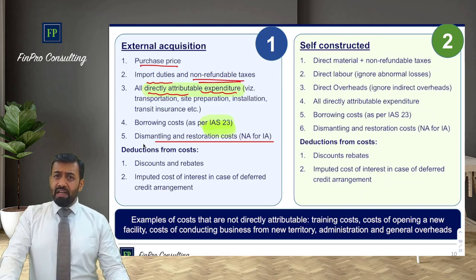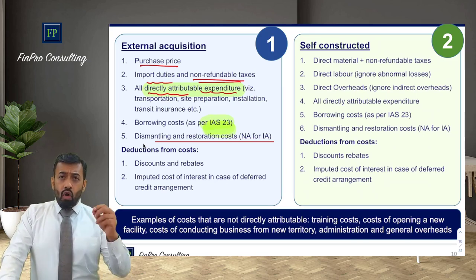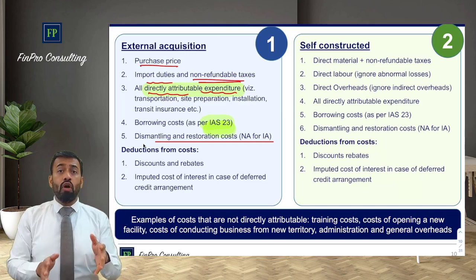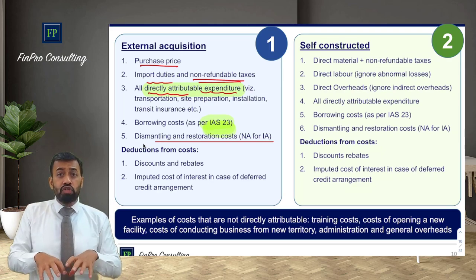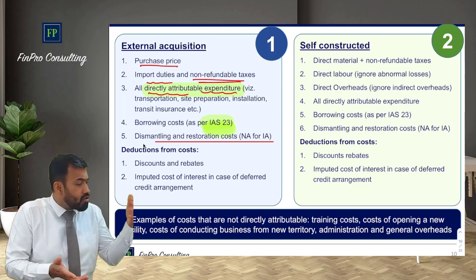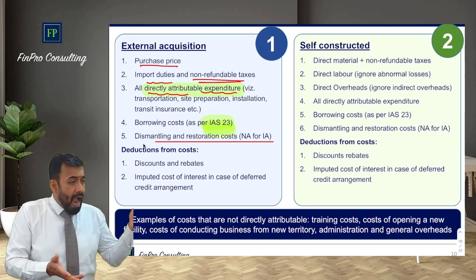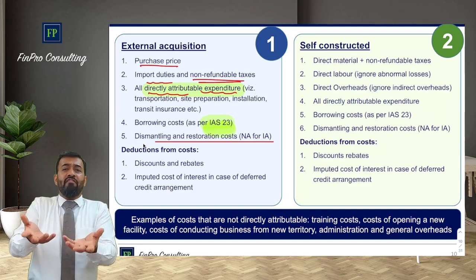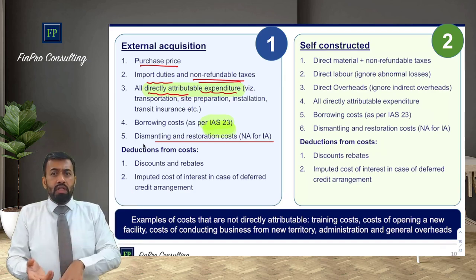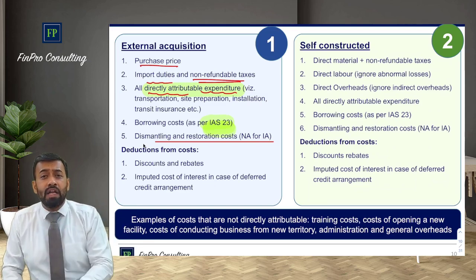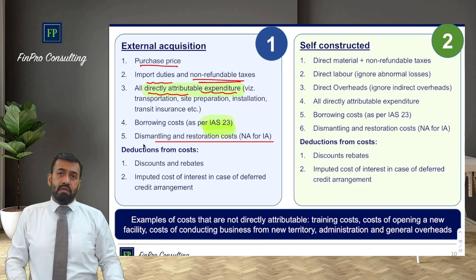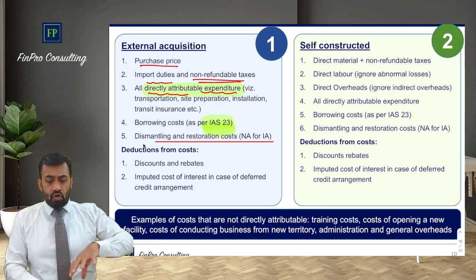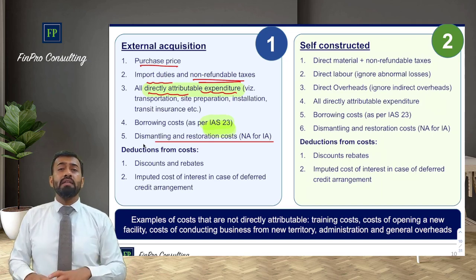In the oil rig example which we had taken, once you install that oil rig, there is a present obligation which you cannot avoid, and that is because of asset installation. Had you not installed the asset, this dismantling and restoration cost would not have been there. Because you have installed the asset, that expenditure is now mandatory, you cannot avoid it. Without that expenditure, the asset could not have been installed, and because the asset is installed, you have incurred that expenditure, and that's why it is directly attributable.